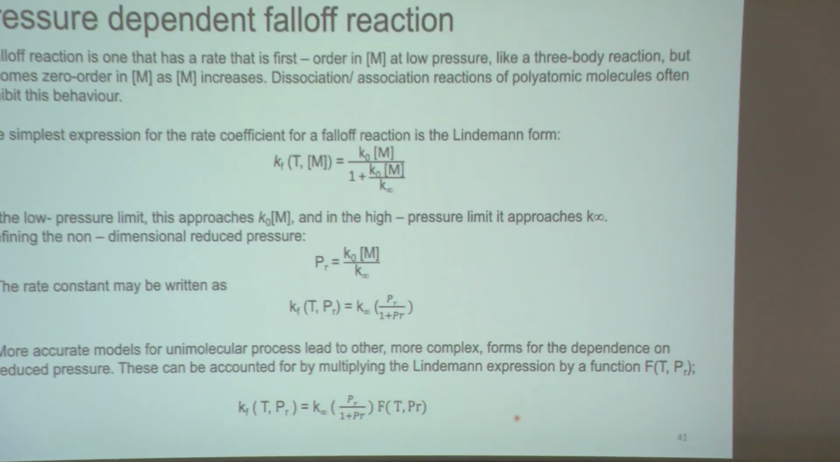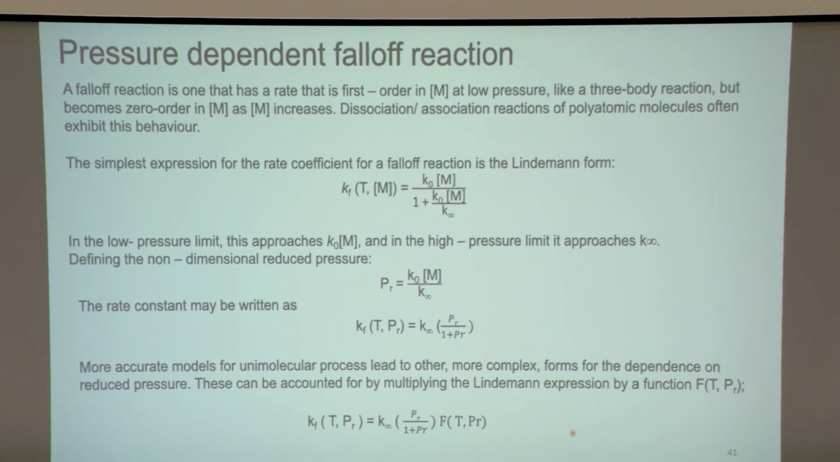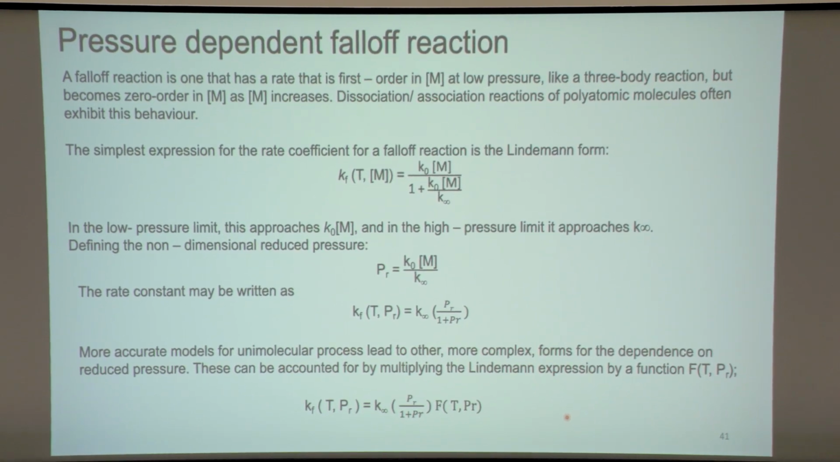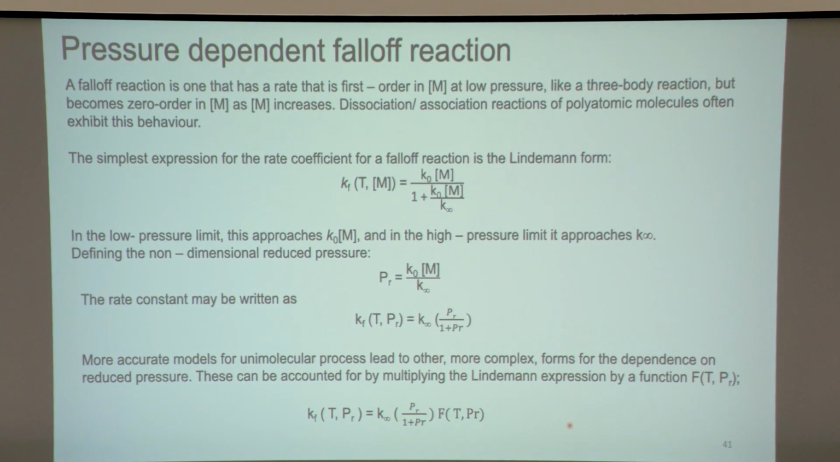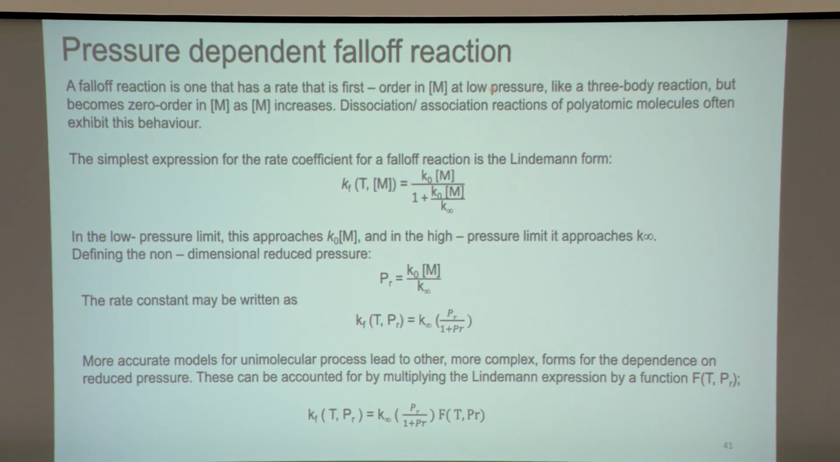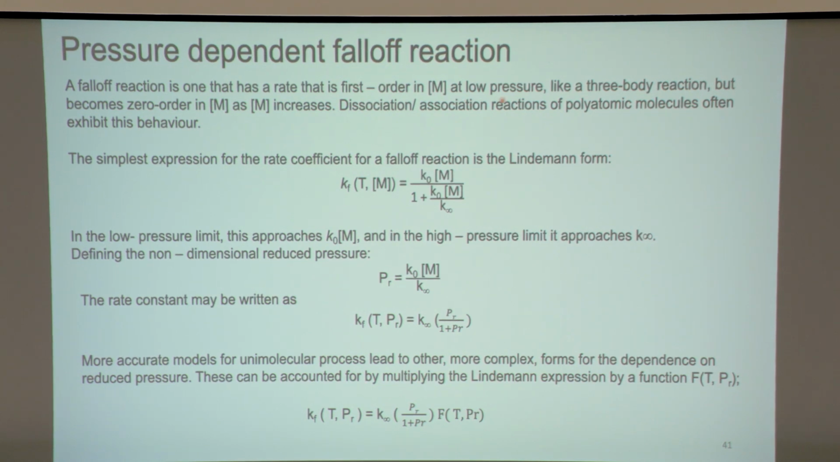Okay, so how do we deal with this? This fall-off reaction, we say this fall-off reaction has one limit, one rate, that is first order with the total concentration of species or pressure at low pressure, like a three-body reaction. But as the pressure increases to a very high pressure, it becomes zero order with respect to M. And so any type of dissociation reaction, like we saw previously, C2H6 going to two methyl radicals, gives us